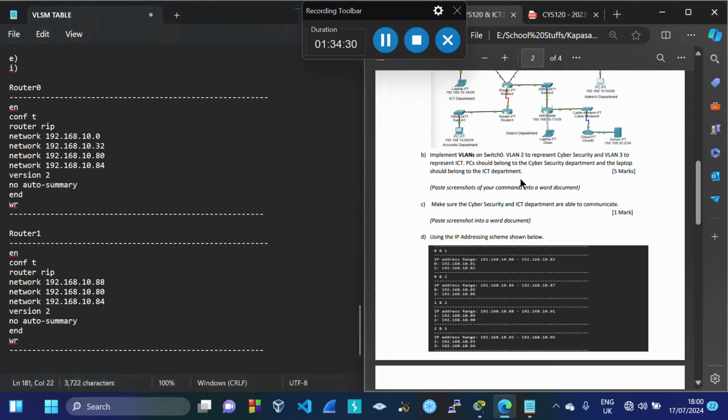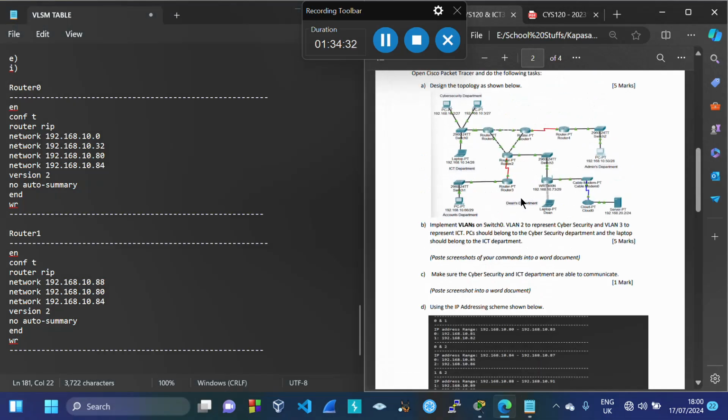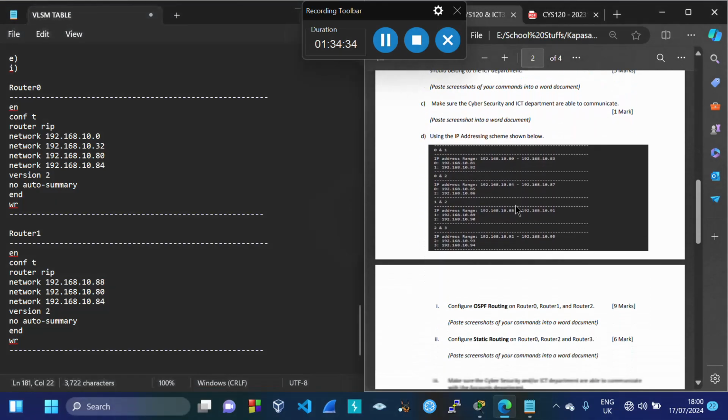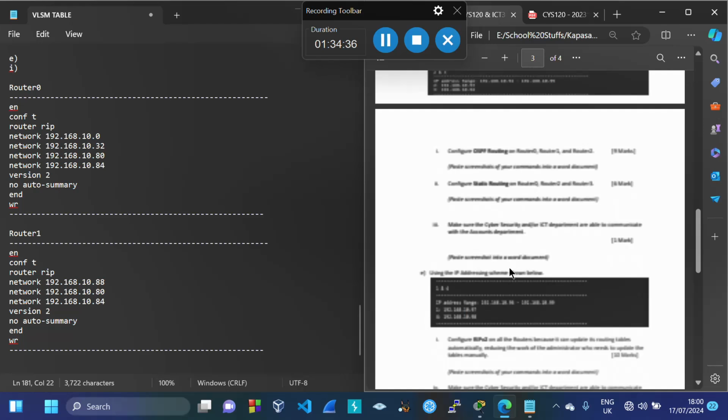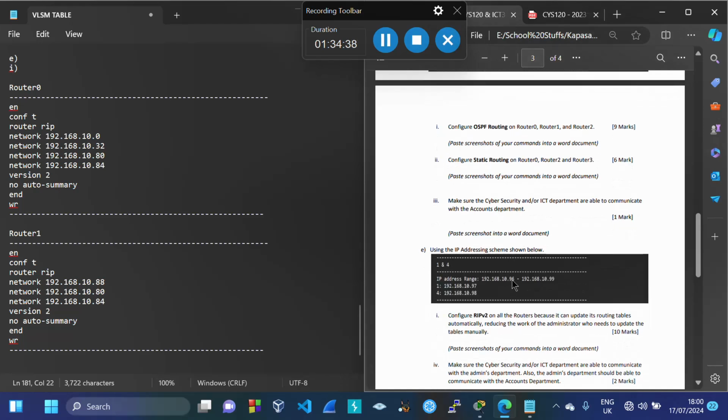Then the last one is between 1 and 4. So what's the network between 1 and 4? It's 96. So as we can see, it's 96. So I'll put 96. At that point, it means router 1 knows the information